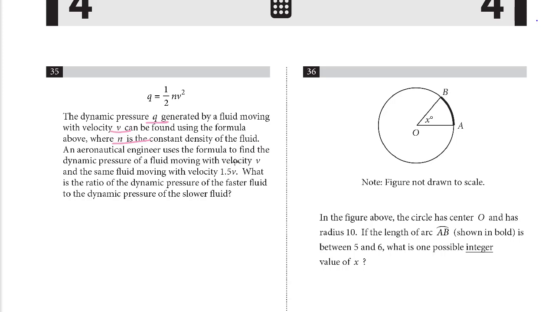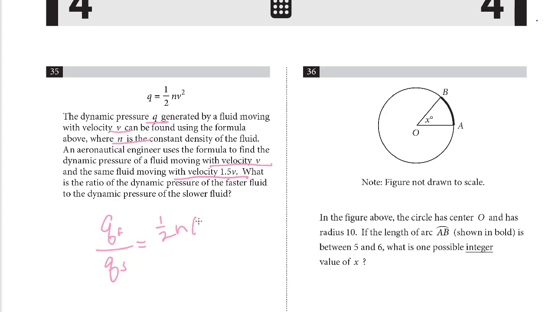We've got a fluid moving with velocity V, the same fluid moving with velocity 1/2 V, so the N on both of those is going to be the same fluid. What is the ratio of the dynamic pressure of the faster fluid, so Q, call it faster, to the dynamic pressure of the slower fluid, Q, slower. So they want us to give the ratio QF to QS, and that's going to be 1/2 N,